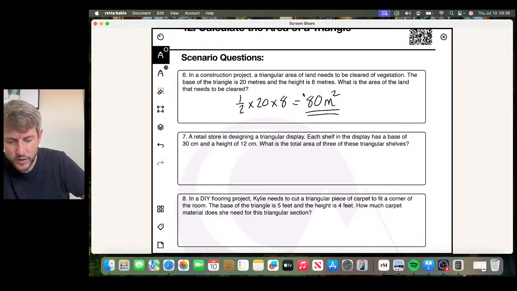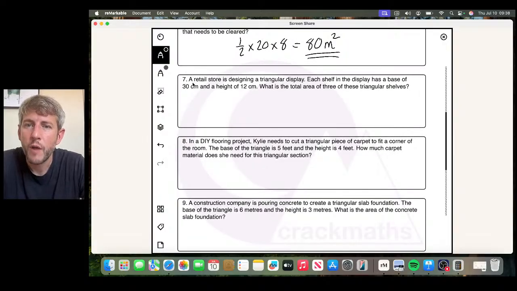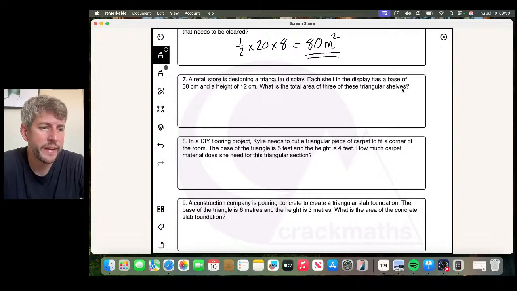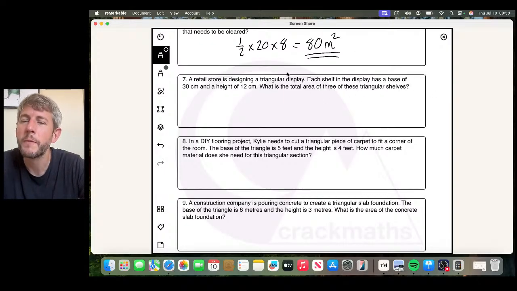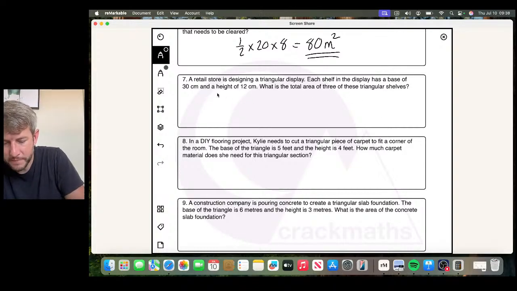Okay, let's look at the next question. Question 7. A retail store is designing a triangular display. Each shelf in the display has a base of 30 centimeters and a height of 12 centimeters. What is the total area of 3 of these triangular shelves? Ooh, we've spiced it up. Okay, so again, it's another story about a triangle. The base of the triangle is 30 centimeters. The height is 12. So let's work out the area of the triangle shelf first, and then we'll deal with